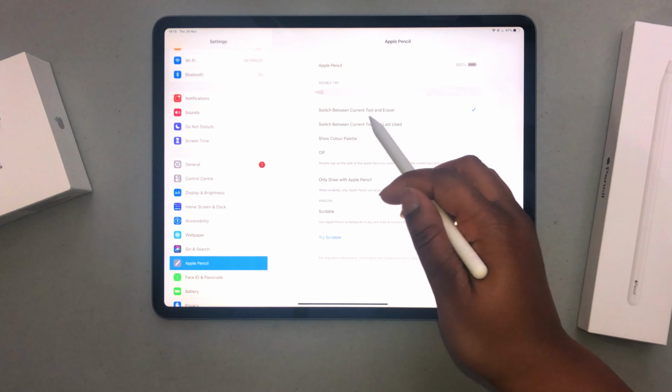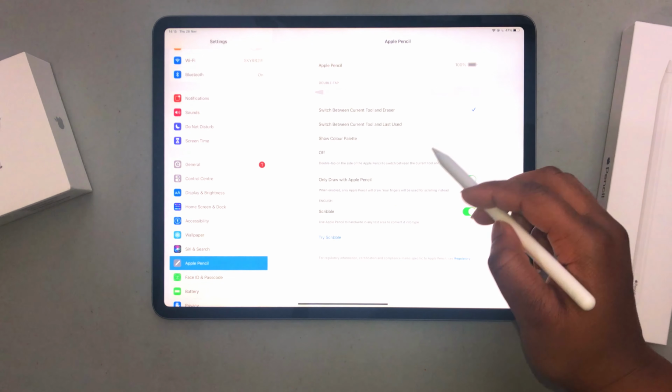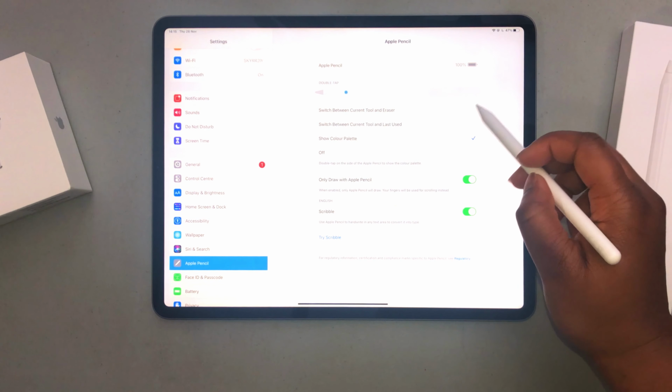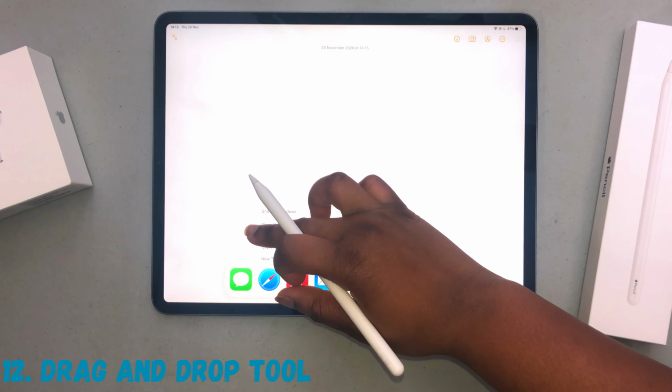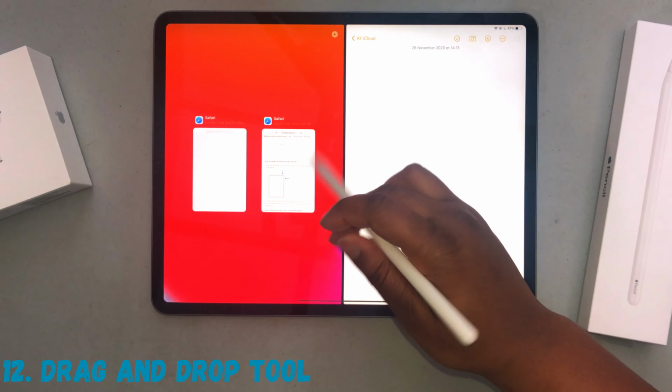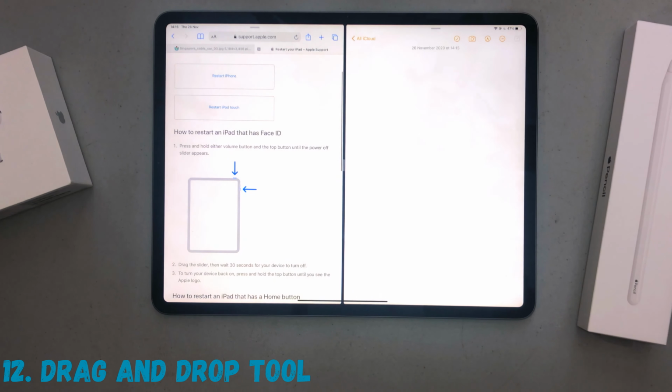You can choose between current tool, eraser, the last used, and to show color palette, but I prefer the current tool and eraser. If you want to copy and paste some text,